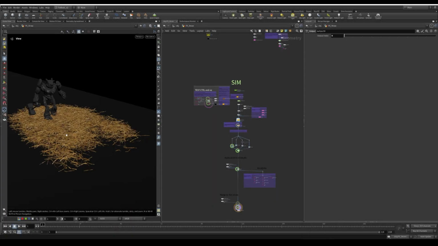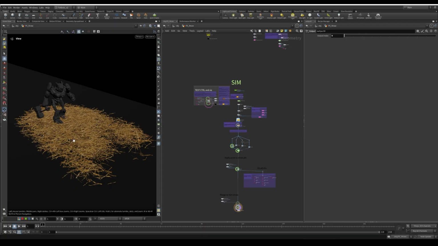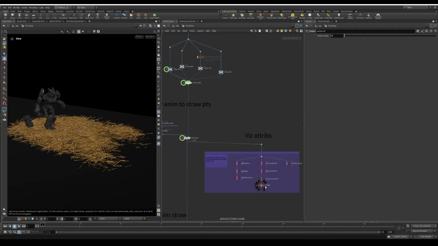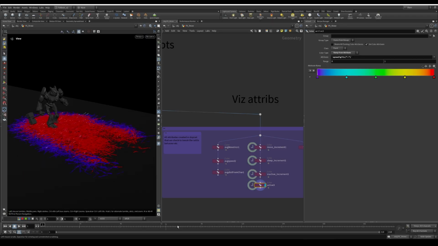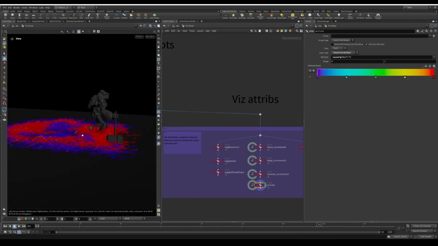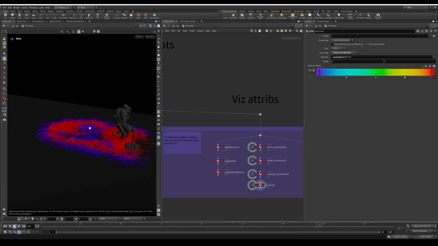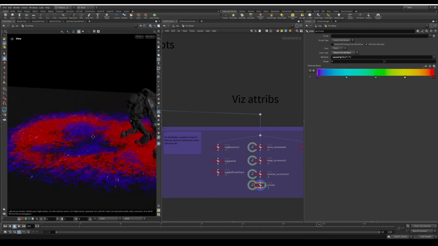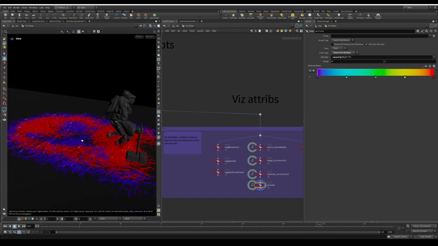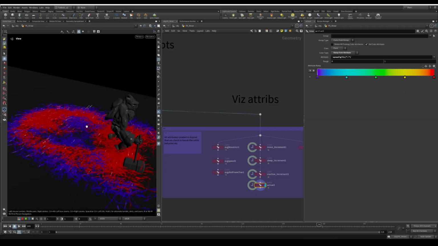I will also say a little word about the limitation of the setup. There is, to me, one main limitation, which is essentially the deactivation of the straw. Unfortunately, once it is made inactive, if there was another character that would go through the same straw, it would need more work to reactivate that part. It could probably be done based on distance from the character, but from the tests I've been doing for that,